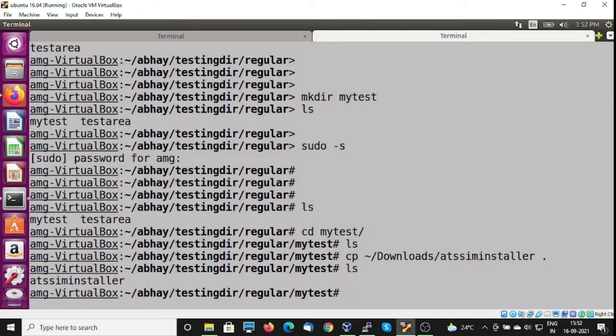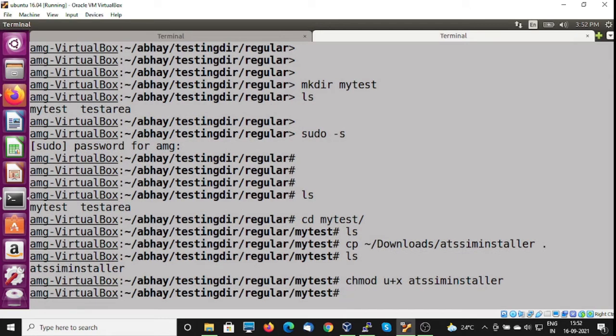This is copied here. Let me change its permissions to an executable file using chmod. So it's done. Let me check whether it is working or not.